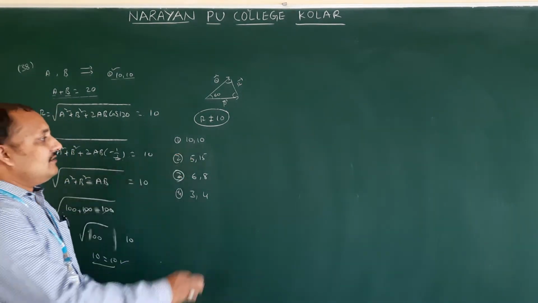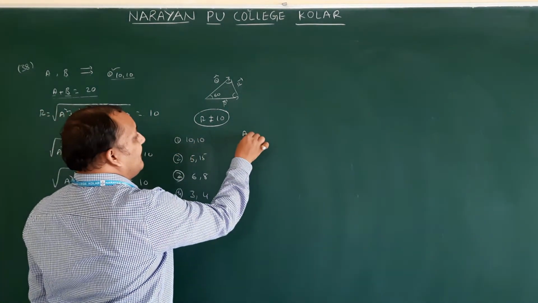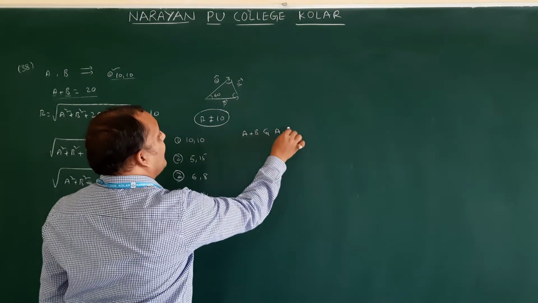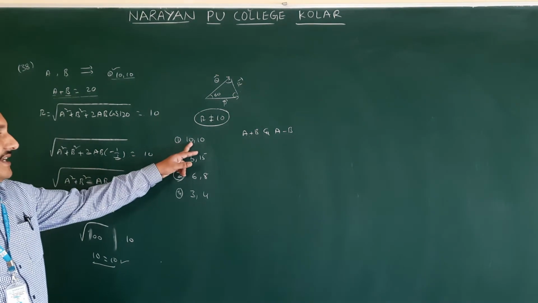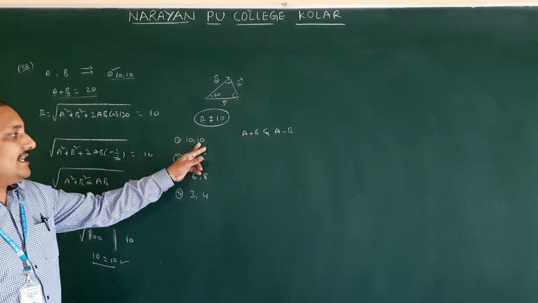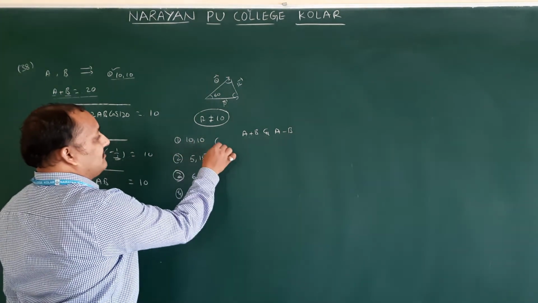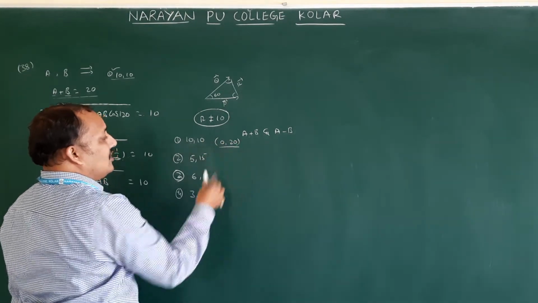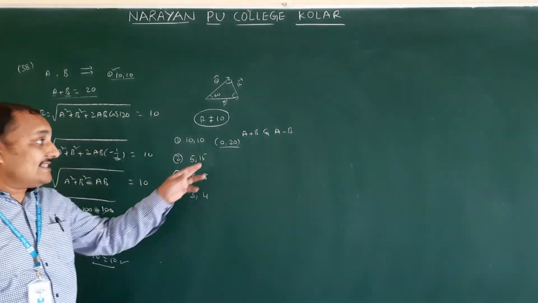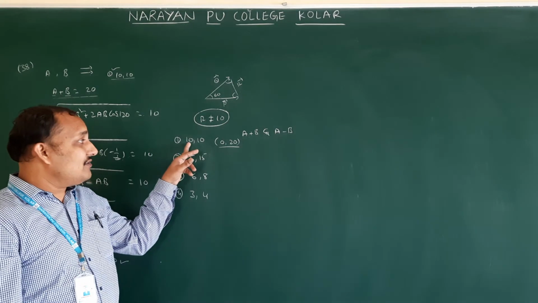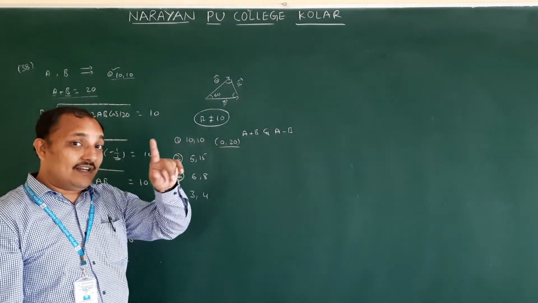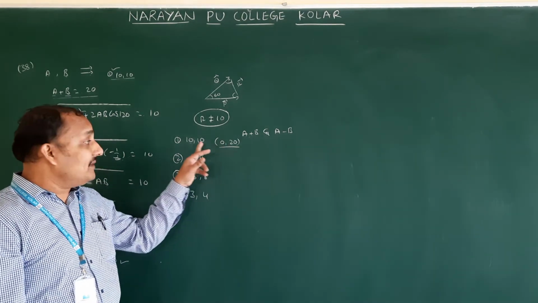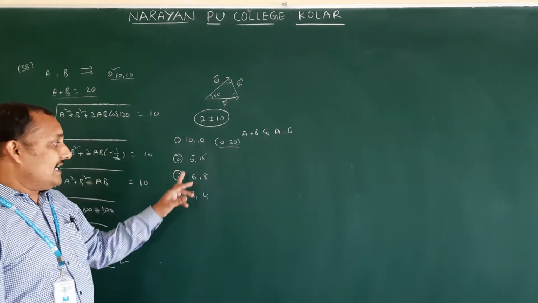Always the value depends on between a plus b and a minus b, maximum and minimum. If you do a plus b, how much you get? 20. A minus b, 0. 10 minus 10, so 0 comma 20. So the resultant value whenever we are using 10 and 10 is between 0 and 20. Between 0 and 20, 10 will be there. Therefore 10 will come if you use this option. Okay. Next we will see this one.